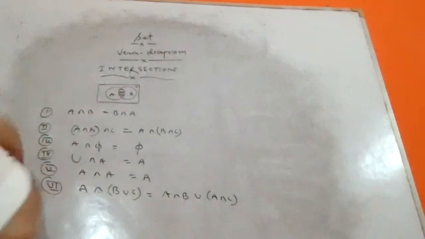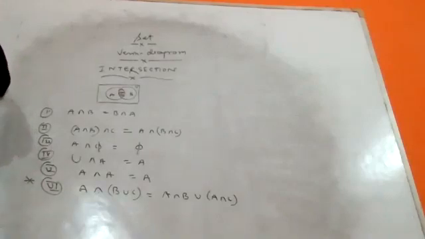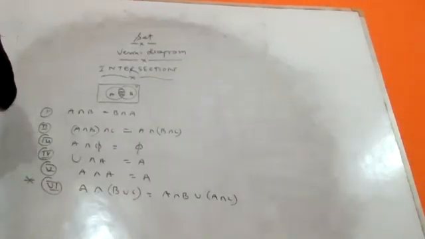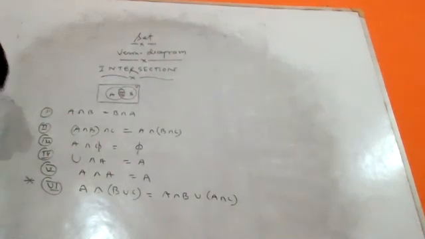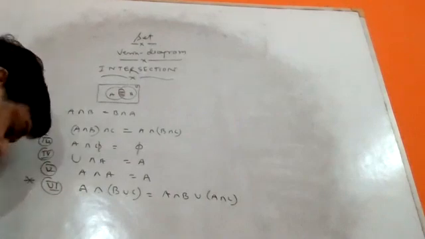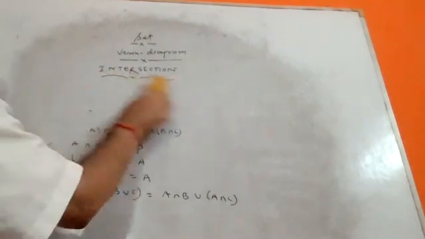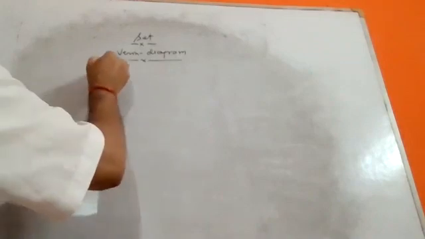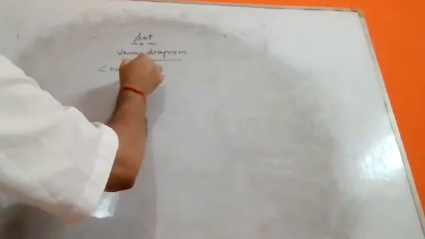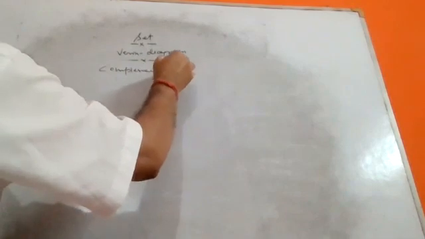First, we have discussed the union property. Second one is the intersection property. This is the revision part of some properties of intersection and union. And the word difference, meaning A minus B or B minus A, you will see in the property of complement of set, right? You will see this one in property of complement. And now we are going to discuss complement, properties of complement of set.